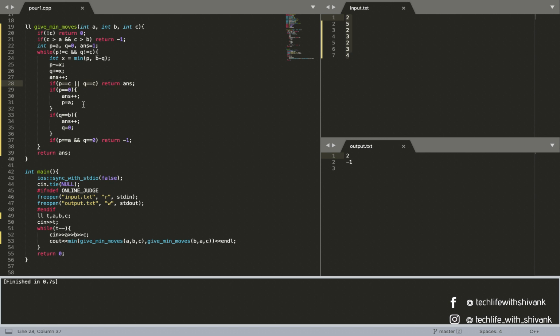Otherwise, if after this step our first container becomes empty, we fill it completely and we increase the answer. Or if our second container is completely filled, we increase our answer and empty it.